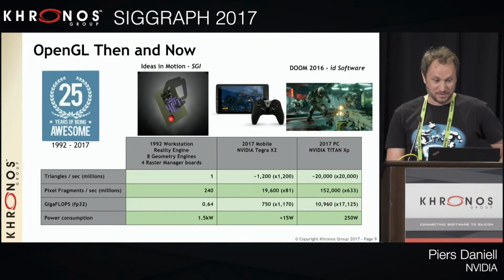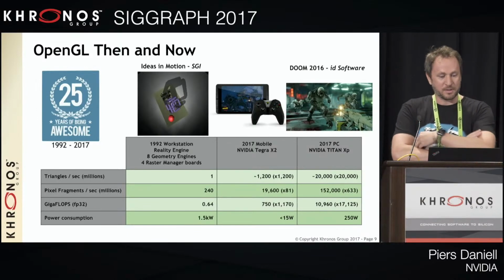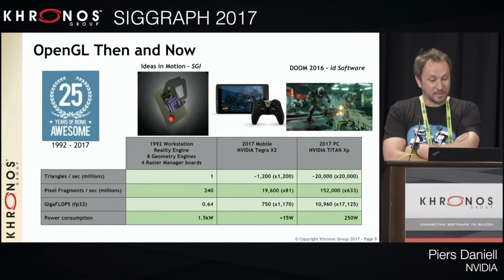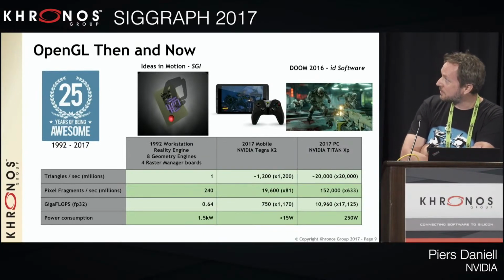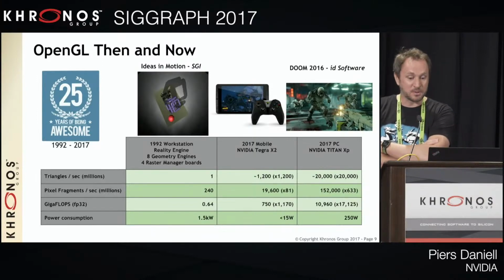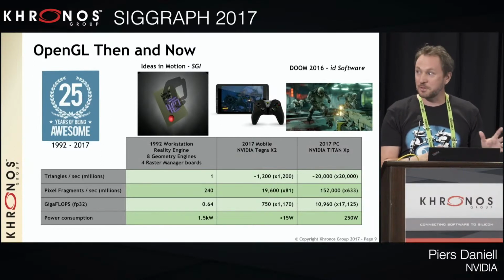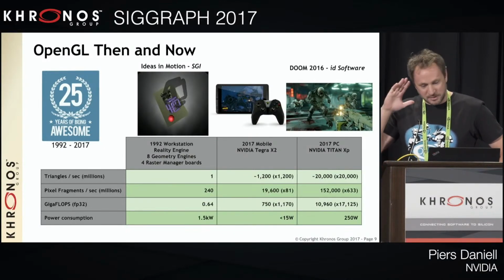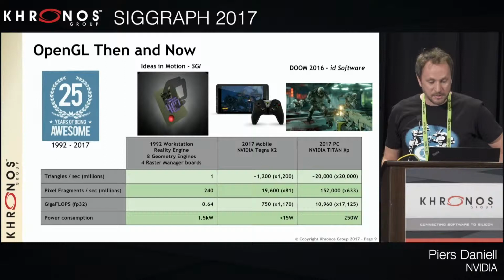So OpenGL has changed a lot. Back in the day with the SGI reality engine, it could produce 1 million triangles per second, and that was running OpenGL 1.0. You can run that same app, that Ideas in Motion app, you can run it still today on the fastest card that NVIDIA produces, which is the Titan XP. That one can do 20 billion triangles per second. Of course, if you use the OpenGL 1.0 API, you'll never get 20 billion triangles a second. You have to use more modern calls, but it can certainly be capable of rendering that. And its performance is just crazy how much it's gone from 25 years ago to now. But still, the API still works.